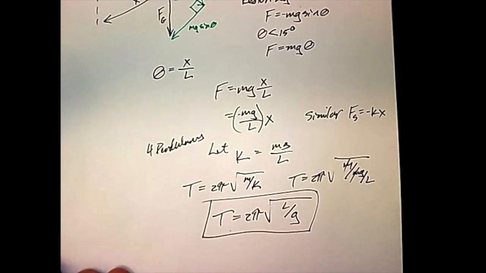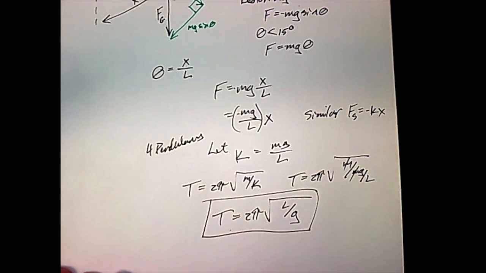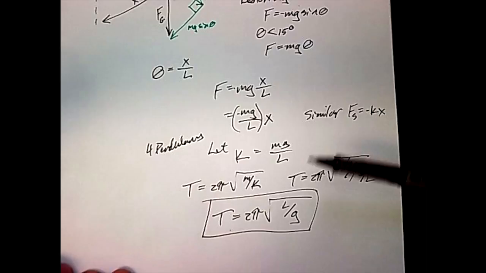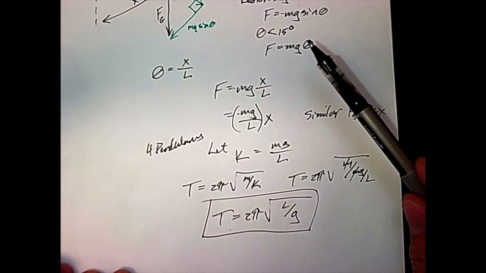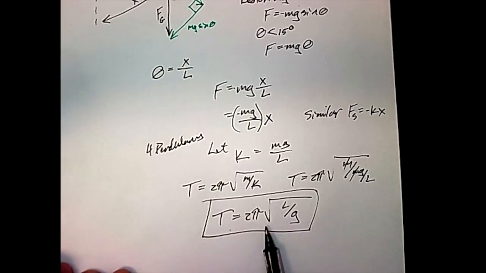Now, why is that significant? Well, given the assumption that we made at the top, that angles are less than 15 degrees, which is really the only thing that we've done to make this work out exactly as it has, but given that one assumption, for angles less than 15 degrees, 2 pi times the square root of L over g defines the period of a pendulum as a function of its length and gravity, and most notably, not a function of its mass